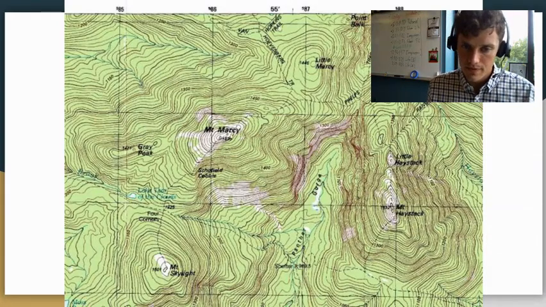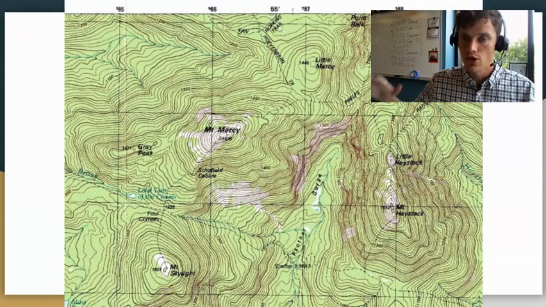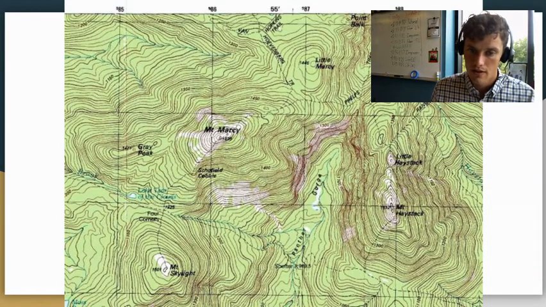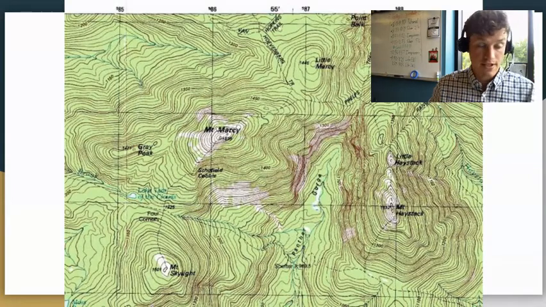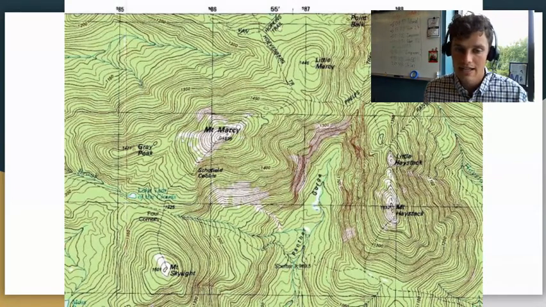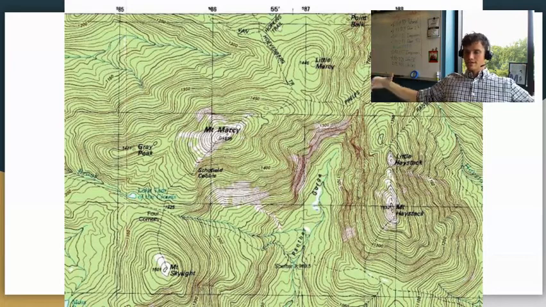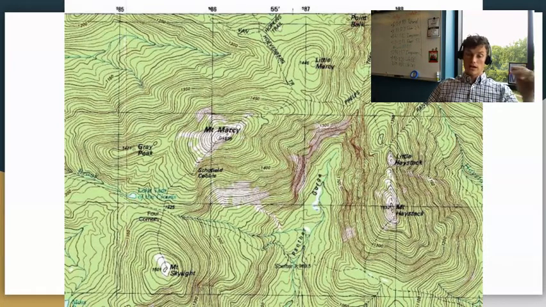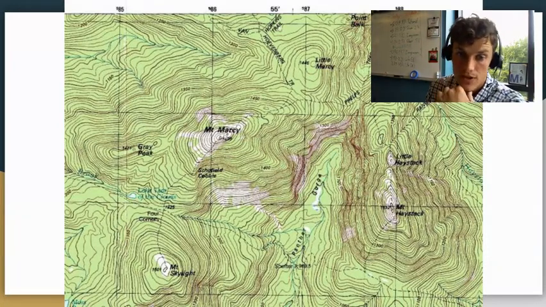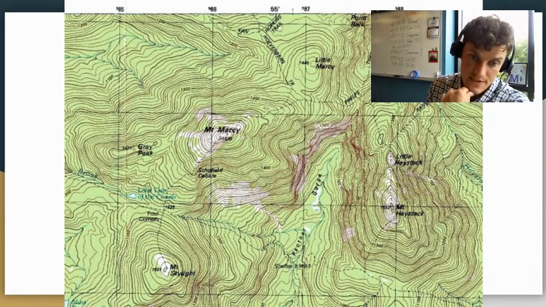So this is the top. This line here for the next circle is going to be a lower elevation. This circle here is going to be a line that represents a lower elevation. And each concentric circle down is a lower elevation. So we can see here as it slopes down,